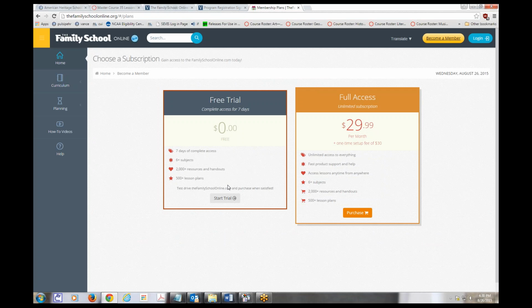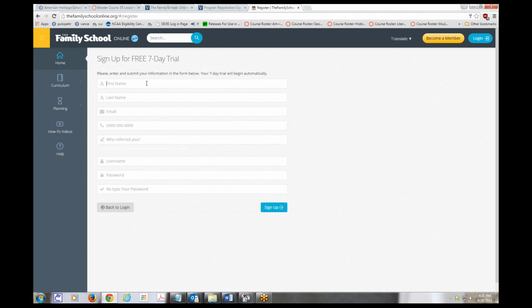And in this case, because you've already paid your application fee, sign up for the free trial if you would like under the name of your student, and then email Leland Anderson or Diane Jepson, and I will give you the email account. And we will convert them to a full subscriber. So if I click Start Trial,